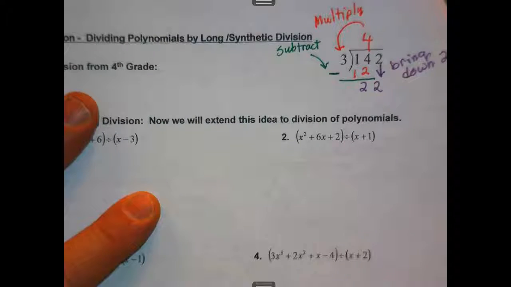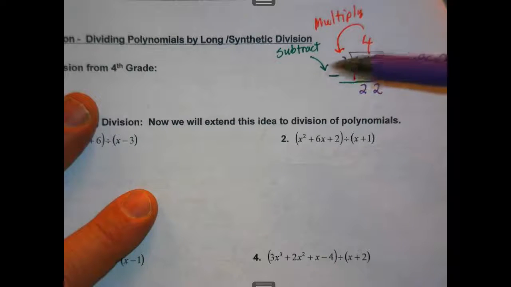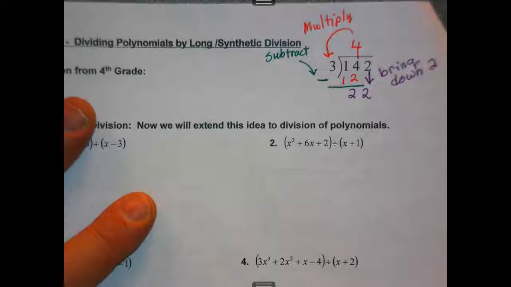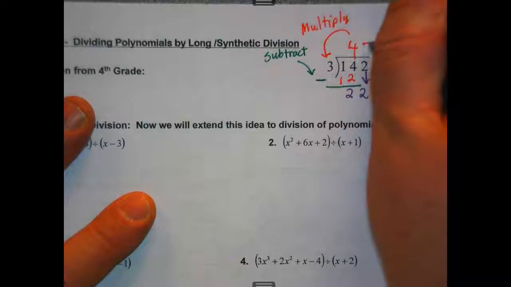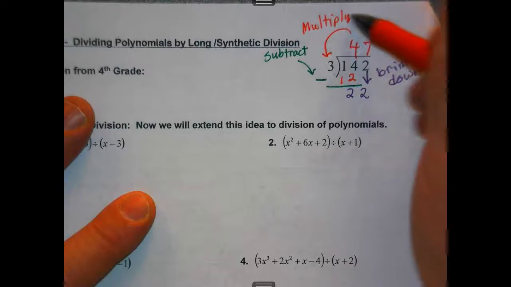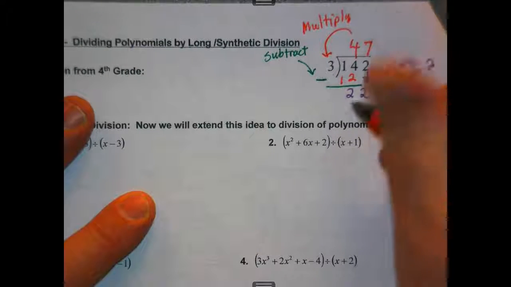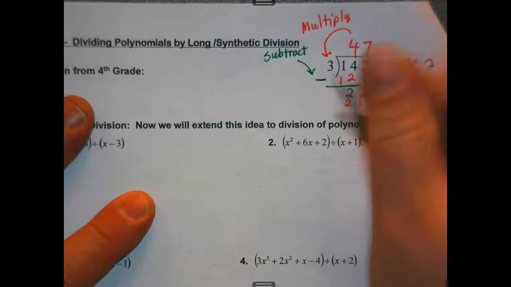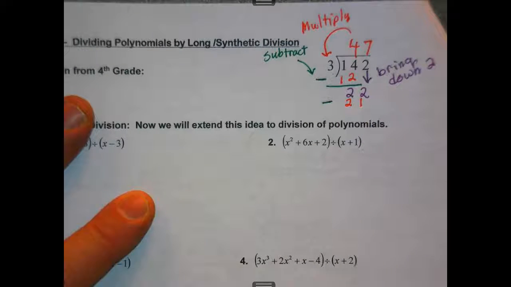And then you do it all over again. Okay, how many 3s go into 22? 7. 7 times 3 is 21. Subtract, and you get